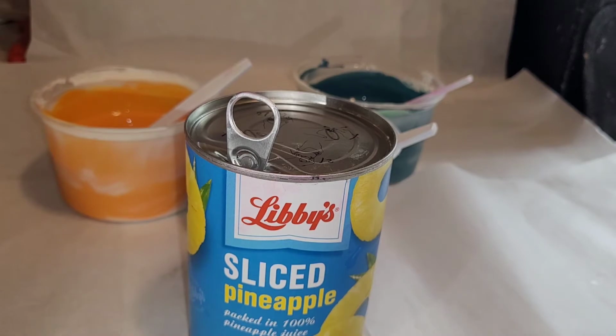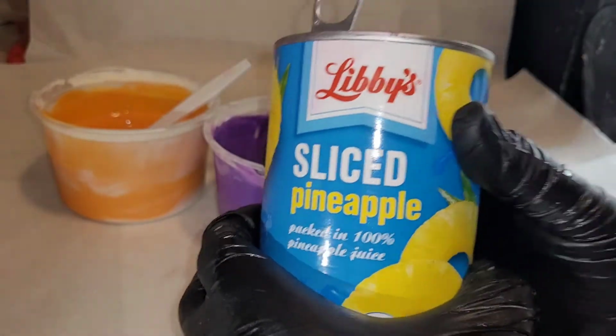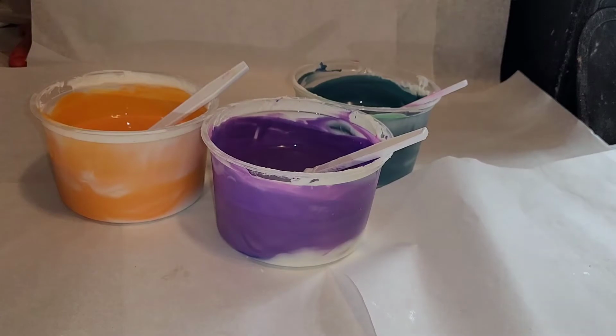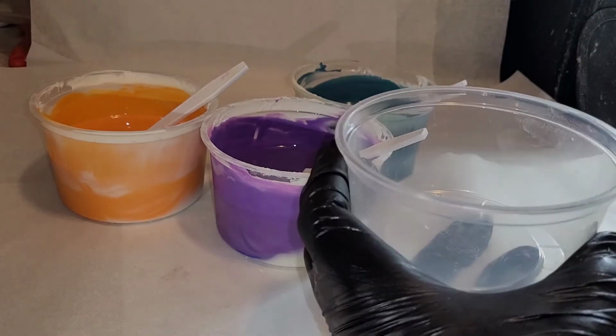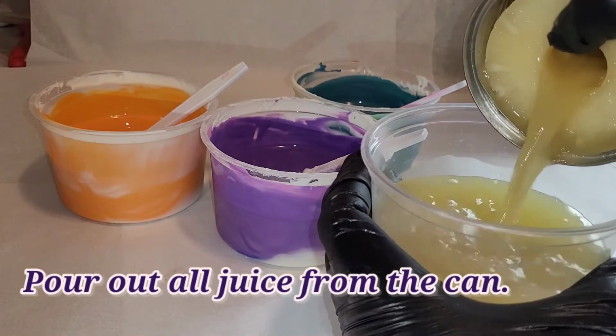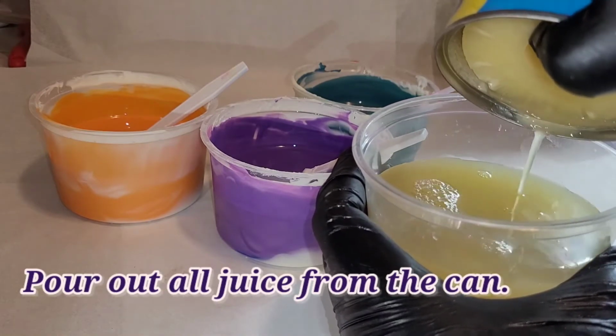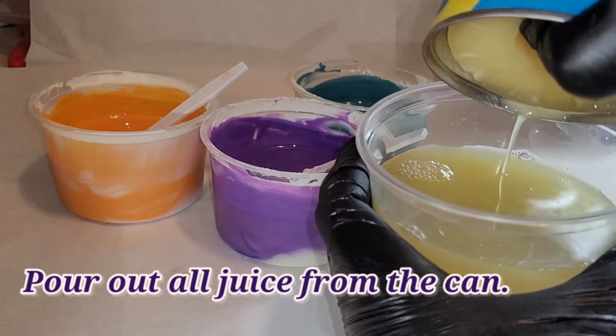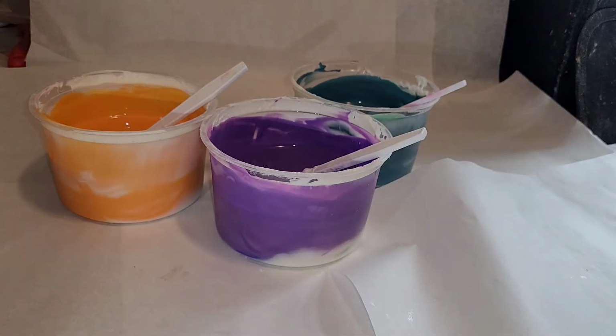Hey, Dazzlers. Here are our sliced pineapples that we'll be using. They are the Libby's brand that I got from Save a Lot. What we're going to do is start by pouring all the juice out into a bowl. I actually love pineapple juice, so I definitely drink that. But yeah, pour that out,